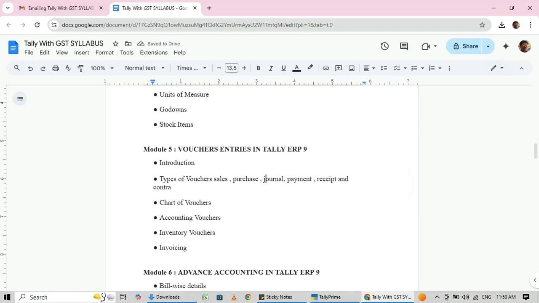If you learn these vouchers well, you can manage Tally in any company. These repeatedly come, that is sales, purchase. Once you update sales and purchase, GST report will be given to you. And chart of vouchers,